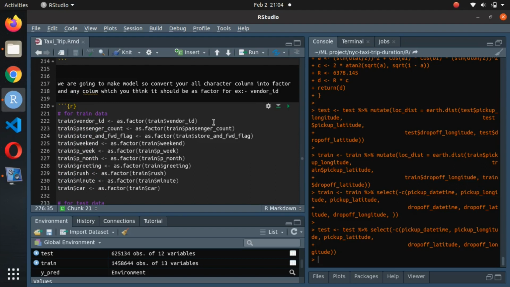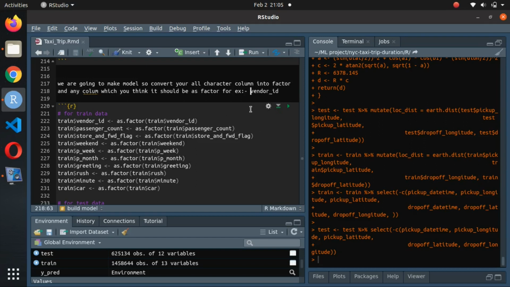Then I am converting the columns. All the columns which have a character type, and any column which you think should be a factor, you should convert into factor. Like in this dataset, as you can see, there is a vendor id.